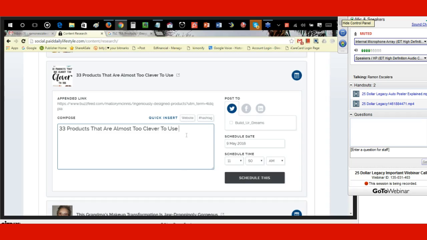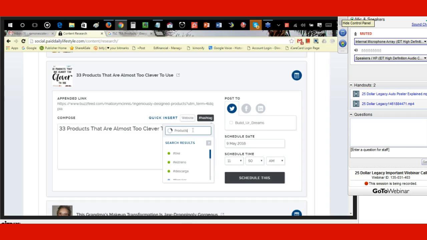And then what I'm going to do is hit a space, and then I'm going to hashtag it and put products, because products is mentioned, okay? 33 products. So you want to put small business, and it tells you the good ones to use. I guarantee you this is going to get a ton of clicks, at least between 25 and 35 easily when I post it. And I'm going to click on events,